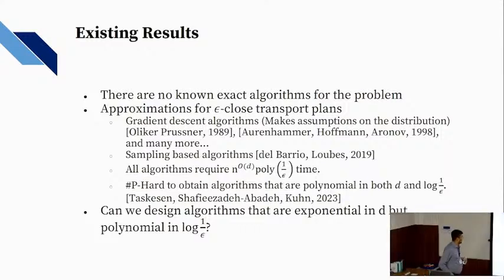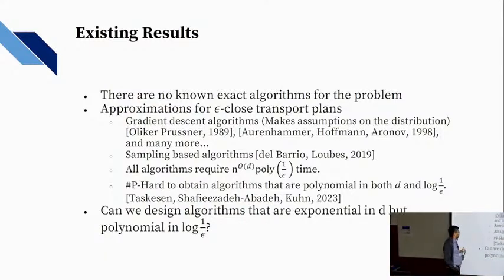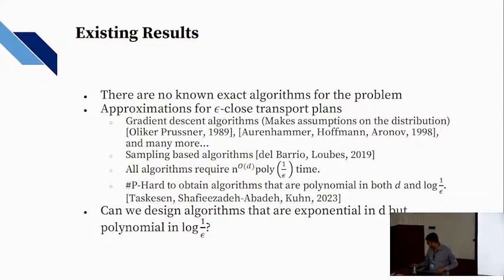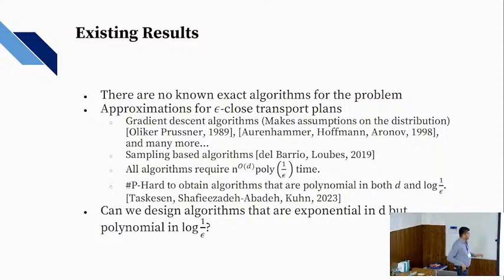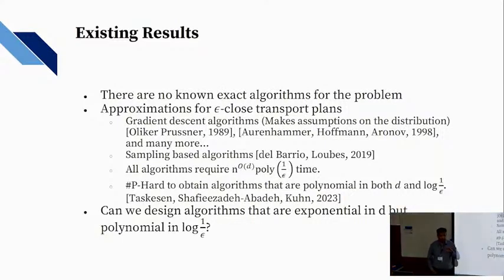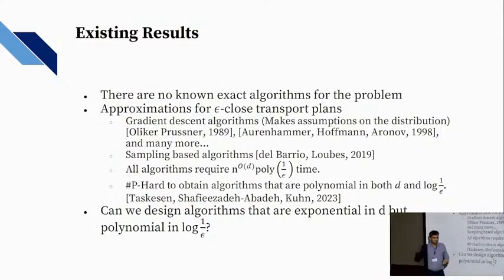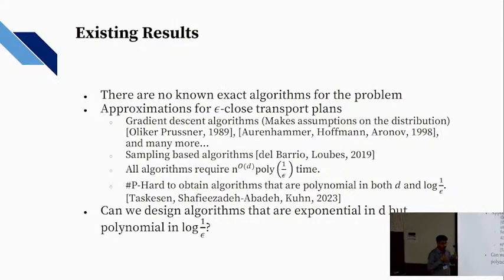Okay, there's no known exact algorithm for this problem in its most general form, and most of the existing solutions compute epsilon-close transport plans. Generally speaking, this is how they work. They start with some weight vector. For each point in the discrete distribution, you assign some weight. Compute the weighted Voronoi diagram. Now check the mass at B and its Laguerre cell, which one is larger, and appropriately fix the weight. Do some sort of gradient descent on the weight vector to get closer and closer to the optimum.